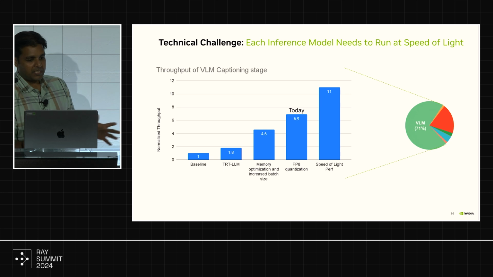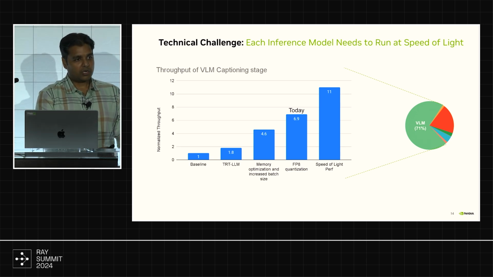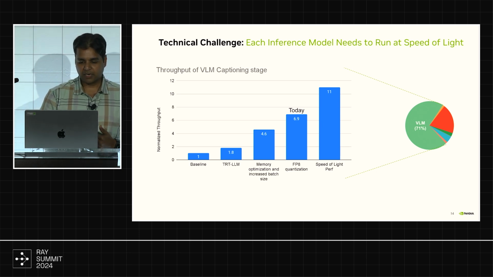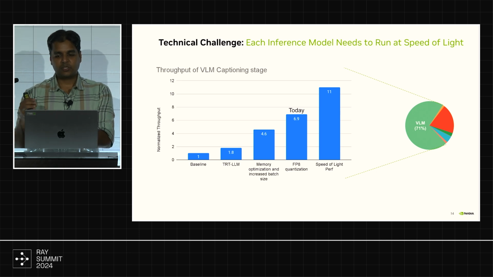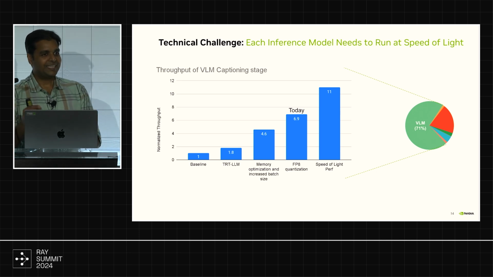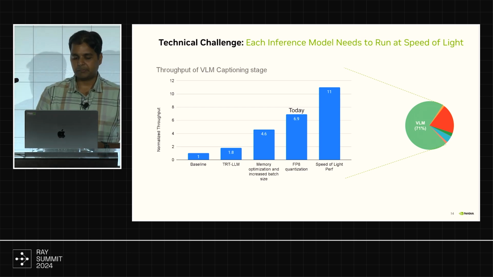So the first thing we did is we found out that we need to accelerate each of the models so they're running most efficiently. It's not enough to just put them on the GPU. As you know, inference is a computationally expensive task, but there's a lot of known ways in which you can make it faster. So we took the baseline. This chart is showing our VLM, which was 70% of the pipeline, right? 70% of the runtime was going in that stage because it was very computationally expensive. It's a big LLM that runs inside that VLM.